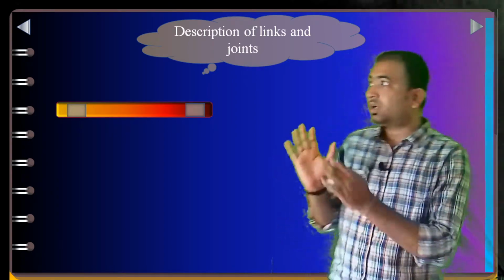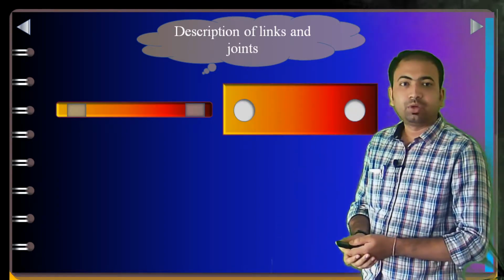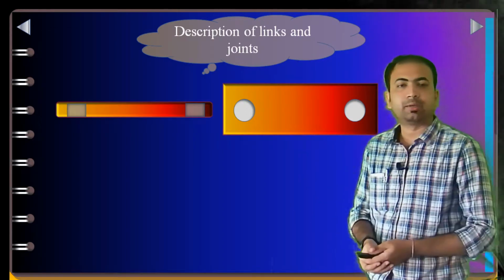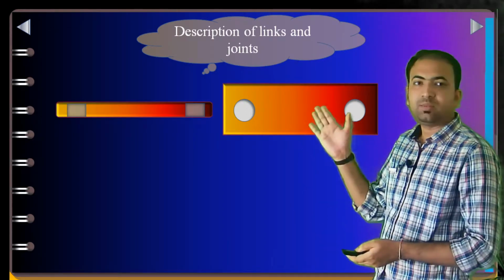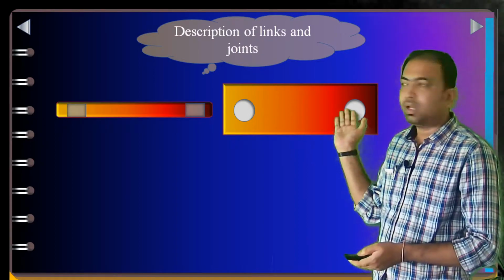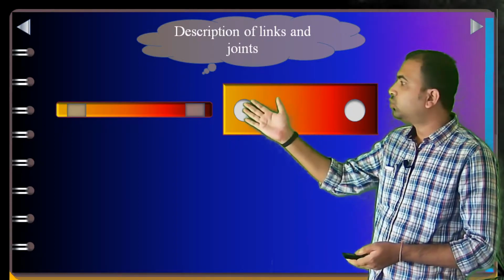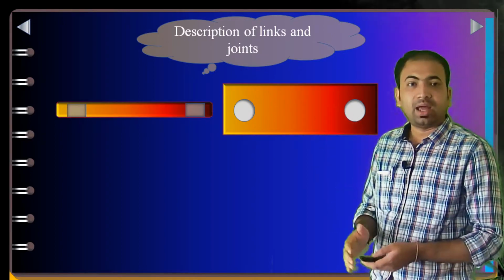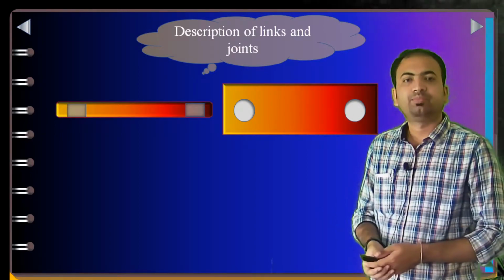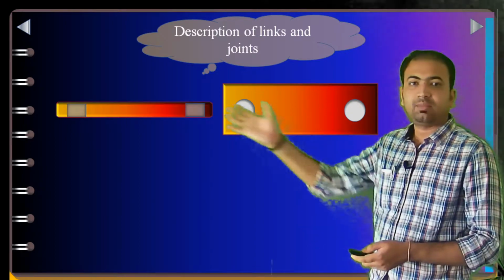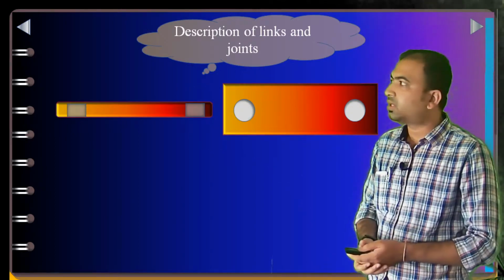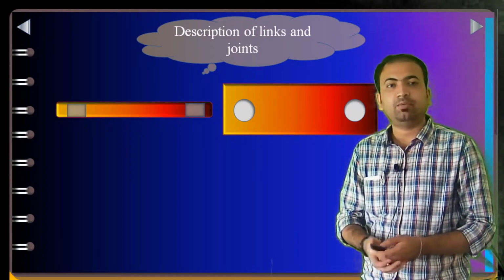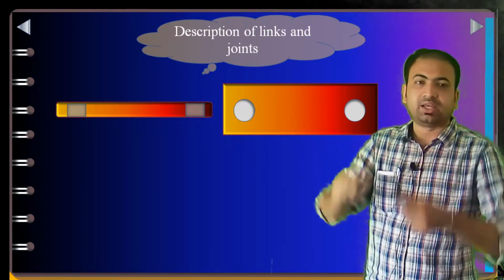Now, if you are not able to understand it properly, we have got the top view of the same link over here. I hope now it is very much clear to you, like this one and this one, both these two are joints with which another link will be connected, and this is the top view of the same link as this diagram has shown the front view. Now, what happens if we twist the link?